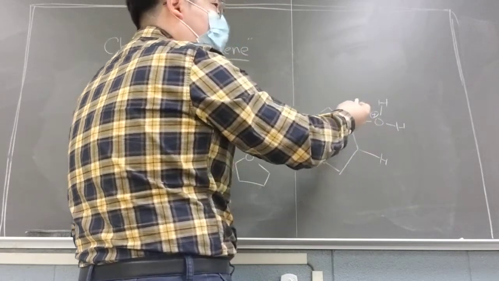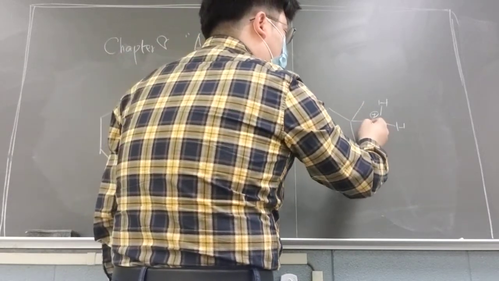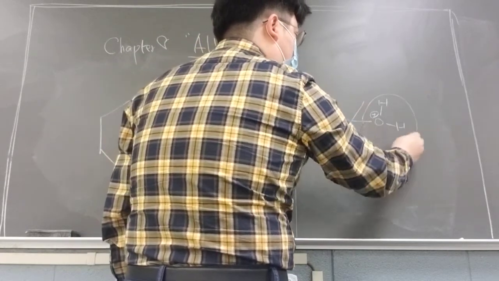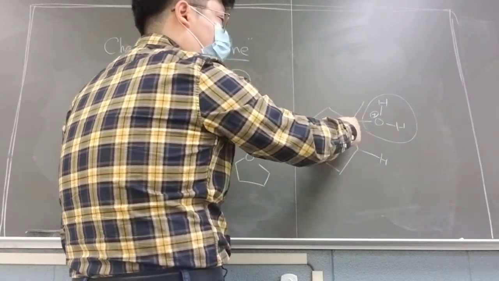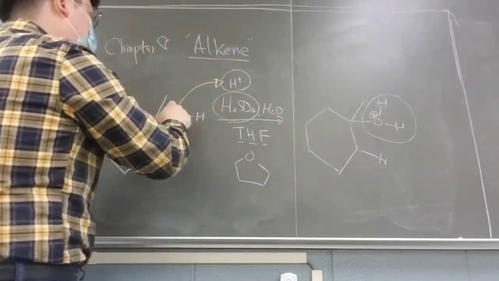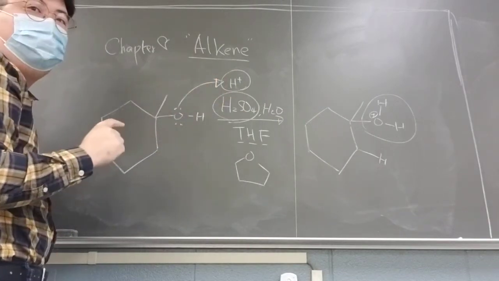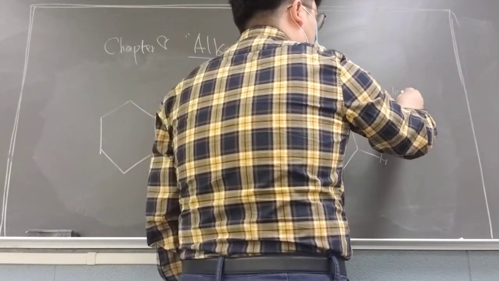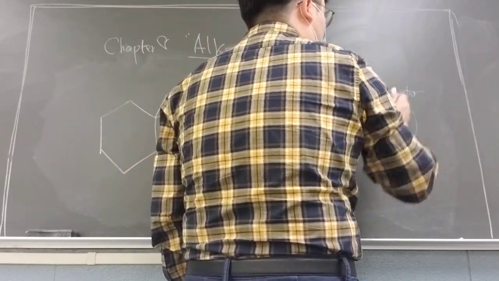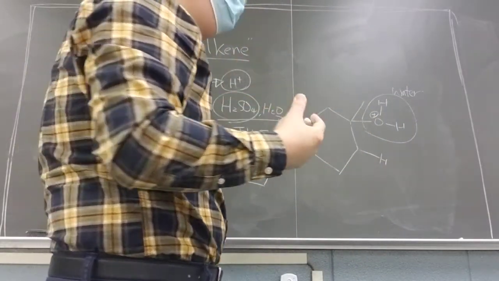This is like a water group attached here with a positive charge, because this one just grabbed the one that is positive charge. Most likely whenever you see this kind of water-type group,